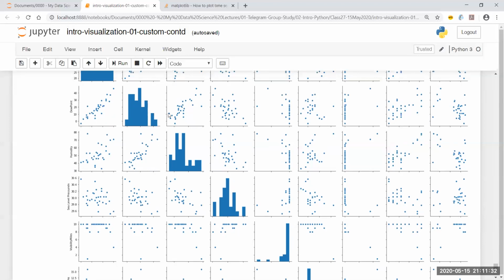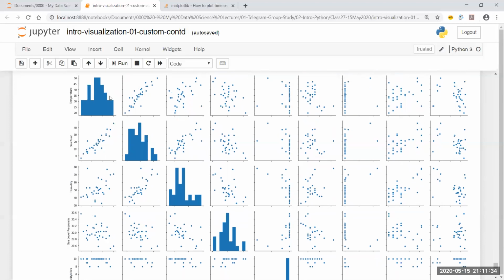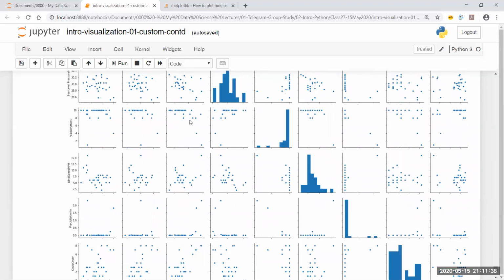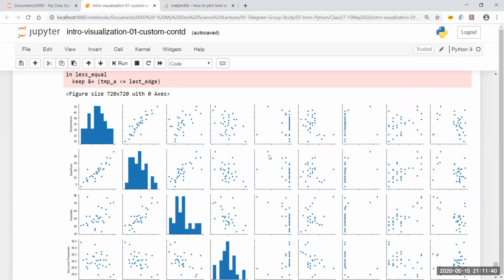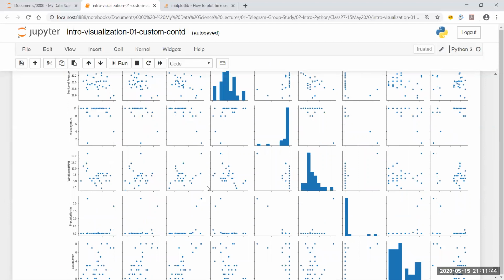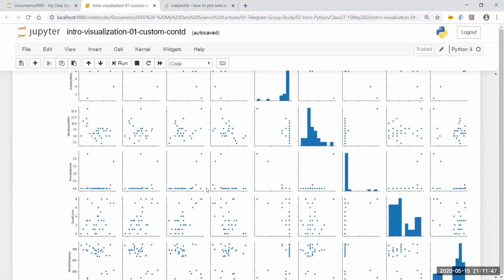To concentrate on these kinds of graphs, what I would suggest is to look at the diagonal elements. The diagonal elements are the histograms. Don't look at the upper side. Only look at the lower side of the histograms, so you will be able to understand that everything else is actually a repeat, and then you can clearly understand the relationships.